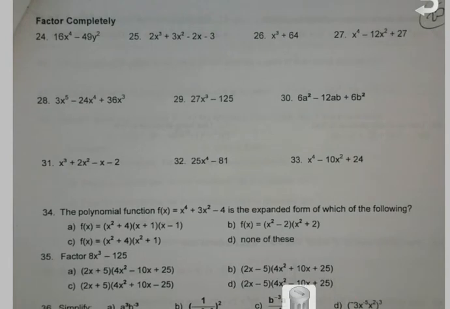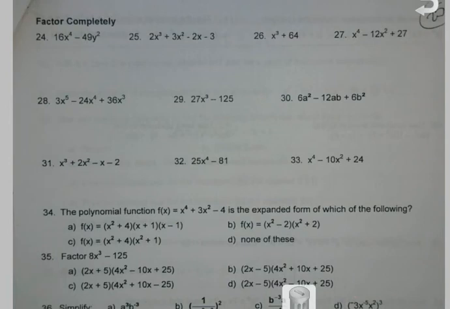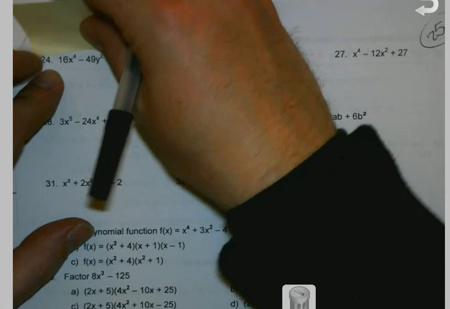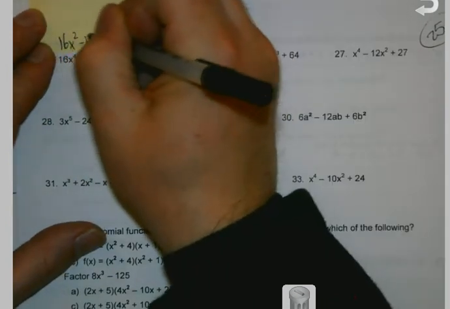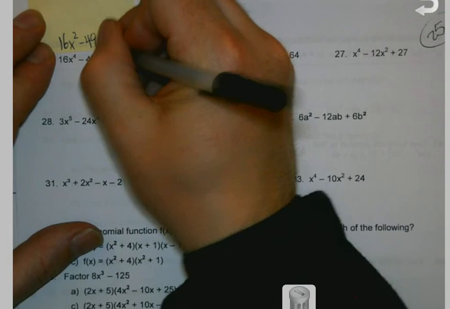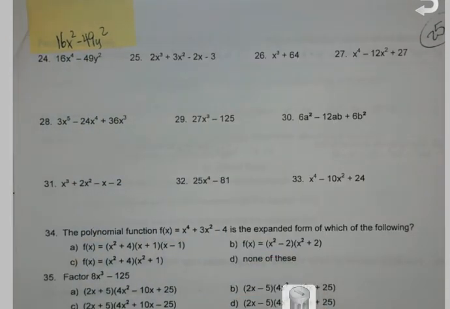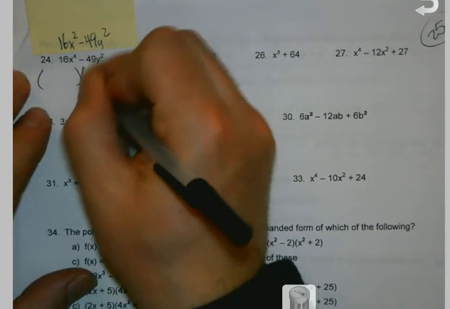Don't let little things freak you out, like, oh my gosh, it's x to the 4th. Don't think of it that way. We've talked before about when you see something with an even root, like to the 2nd or to the 4th, you can treat it like it's 16x squared minus 49, or 49y squared. Hopefully at this point you look at those and you go, oh, those are perfect squares. And it's true. Because the difference of squares,